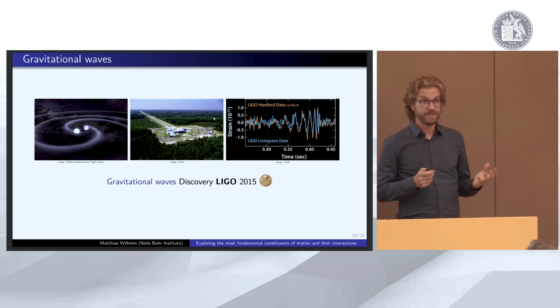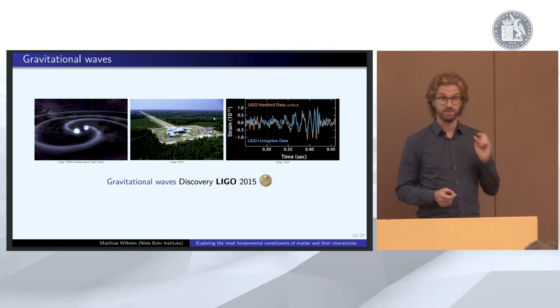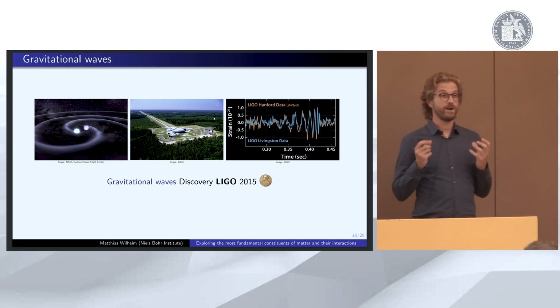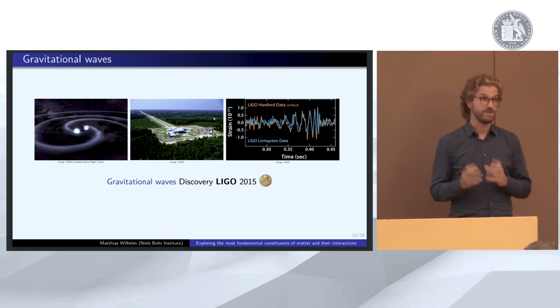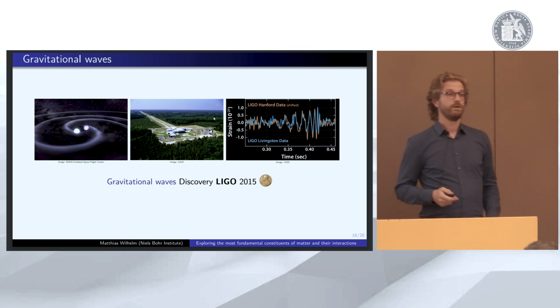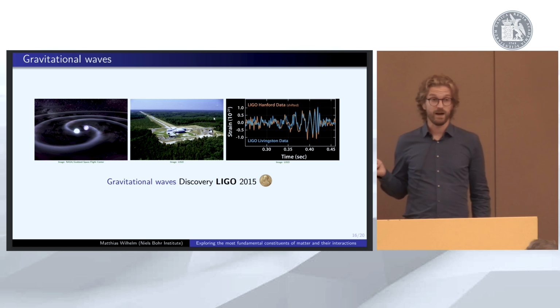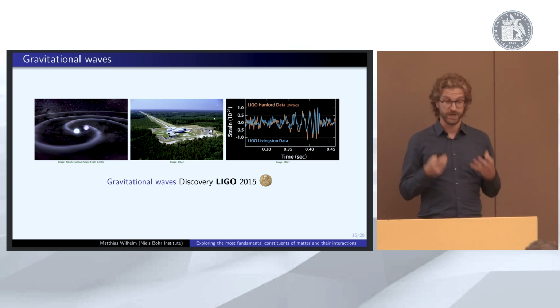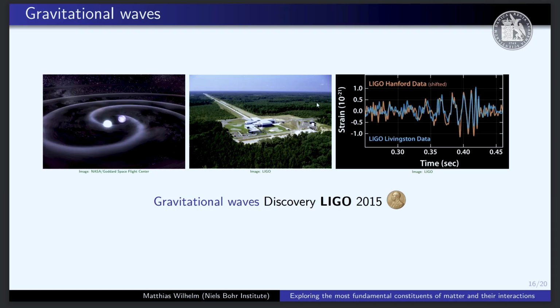However, since gravity is much weaker than the other three forces of nature, this effect is very small. It needs very heavy objects like in-spiraling and coalescing black holes and neutron stars to produce gravitational waves that could be detected. 100 years after their original prediction, however, gravitational waves were discovered at this 4-kilometer long large laser interferometry gravitational wave observatory, LIGO.